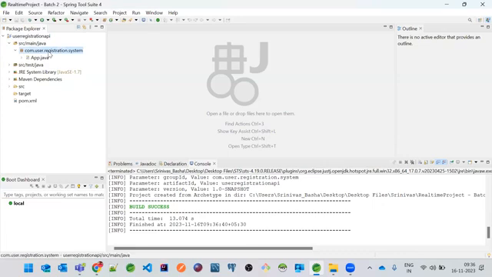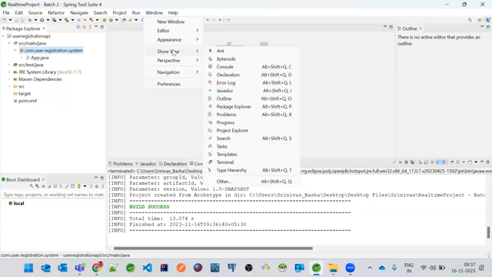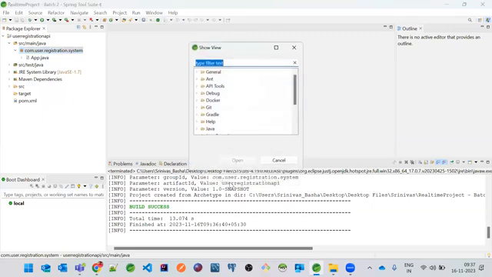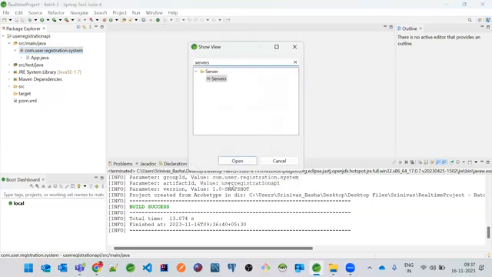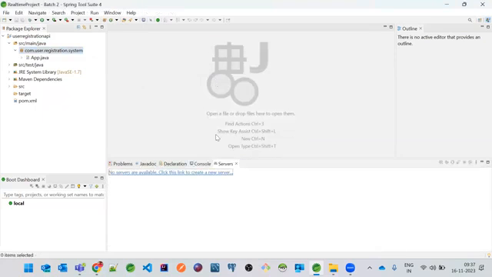So I just wanted to develop a simple web application, Spring web application. First, what I need to do. If it is Spring Boot, we don't have to install a server. But if it is Spring Web, only Spring Framework web application, then probably we have to install the Tomcat server. And if you can see over here, there is a window option. There is something called a show view. And here, go to others and click on servers. So you'll find the servers option over here. Just click on it. And here, there is an option to download.